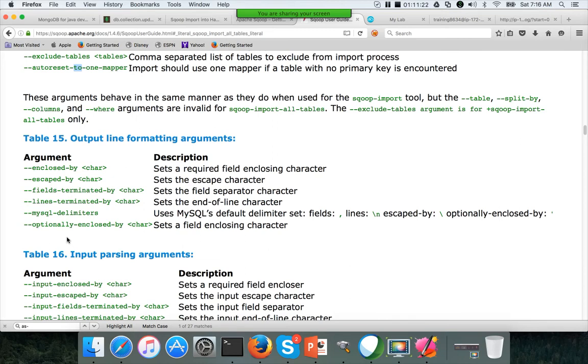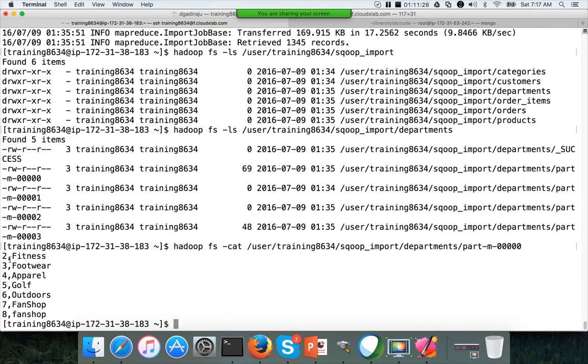As I have explained earlier, instead of enclosing each and every field, if you just want to enclose only the ones which have the actual delimiter, for example if footwear has a comma in between and the rest are fine, then you can use optionally enclosed by.